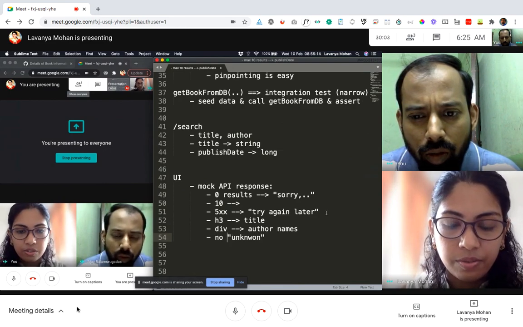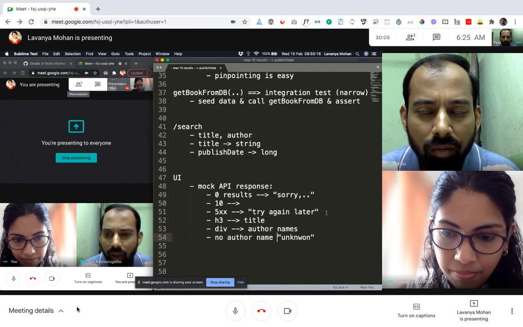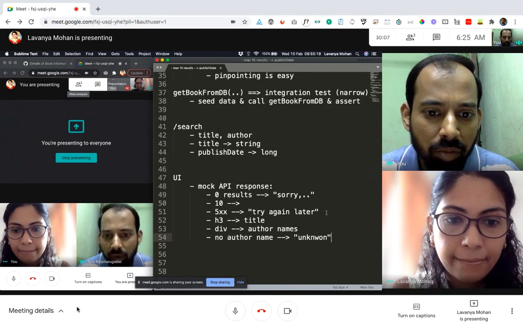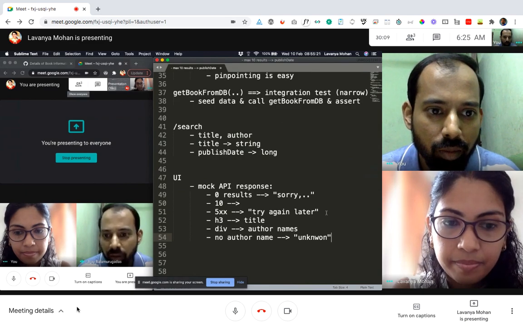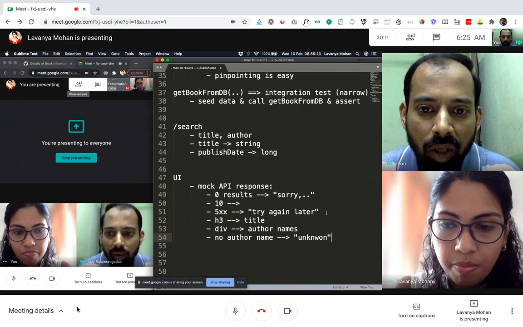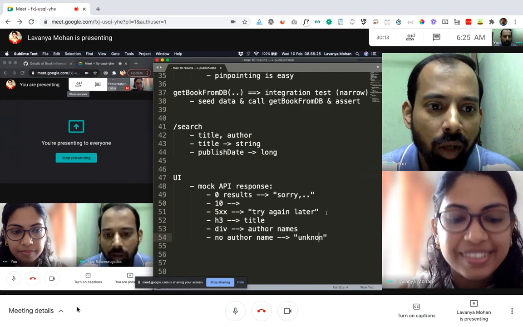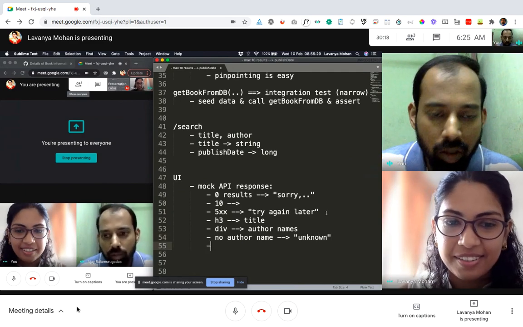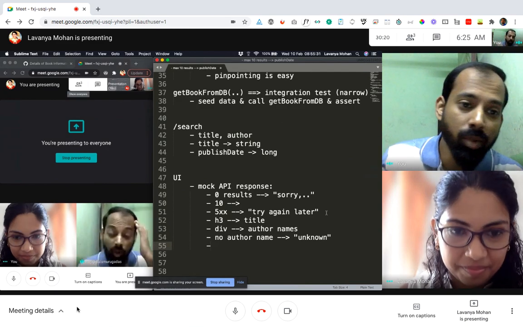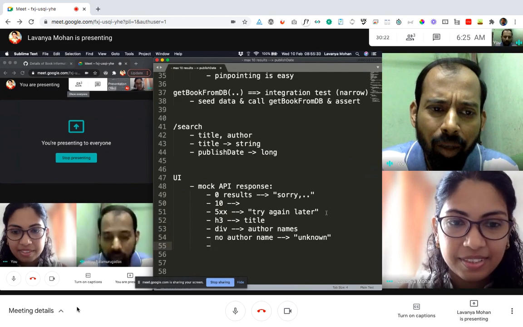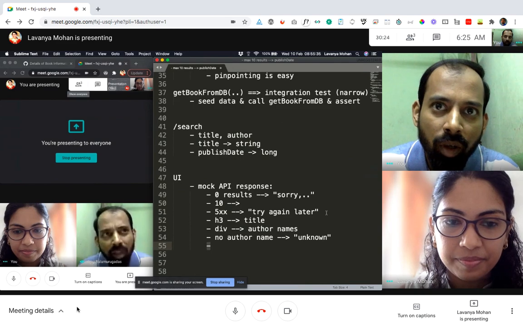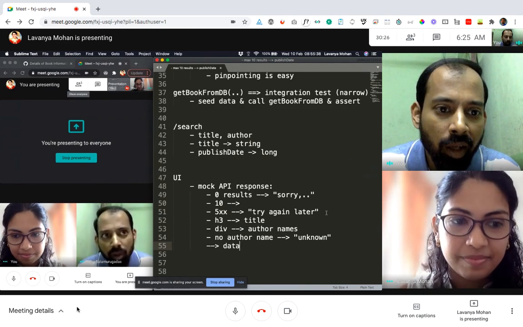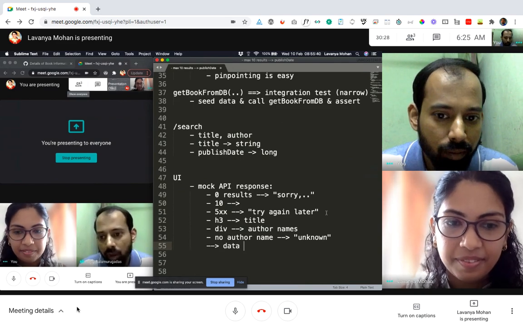So here again, it comes down to the data: is it present or not present? Now I can think of image and alt text as well. Yes, image, alt text. So, no image, no alt text present, and alt text present. So it's again coming back to the same theme of whether the data is there or not.